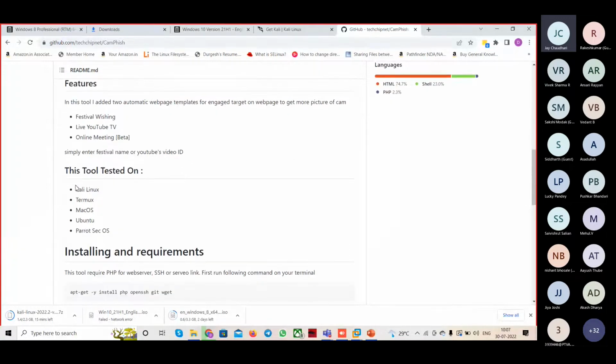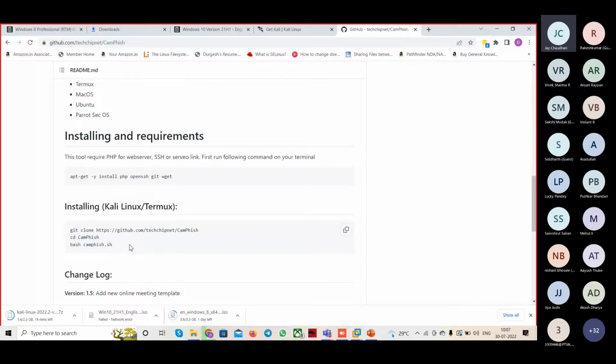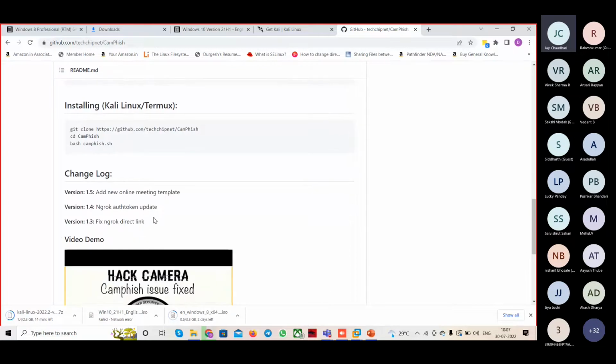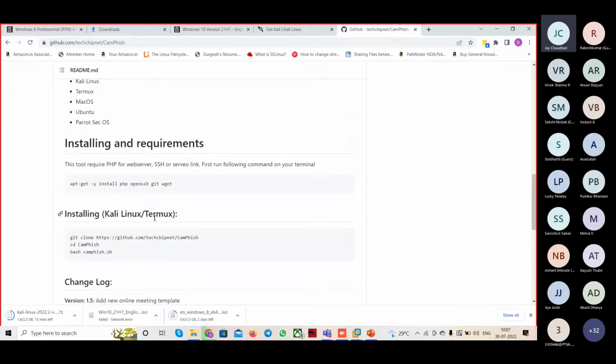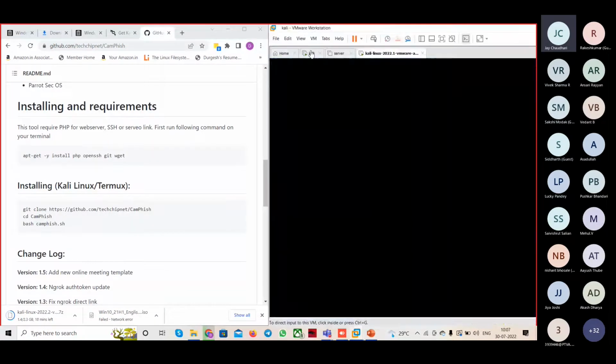तो यहाँ पे वो सारे स्टेप्स हैं कि इसके फीचर्स क्या है, यहाँ पे उसका टूल टेस्टेड क्या है वो सब लिखा है, एंड इंस्टॉलिंग एंड रिक्वायरमेंट वगैरह लिखा है। और टर्मक्स और काली लिनक्स में इंस्टॉल करने के लिए ये सारे कमांड रन करने हैं। ओके, यहाँ पे आपको लॉग्स वगैरह भी चेंज करने हैं। ओके, तो टूल कैसे इंस्टॉल करना है वो मैं बताता हूँ और आपको उसको यूज कैसे करना है।